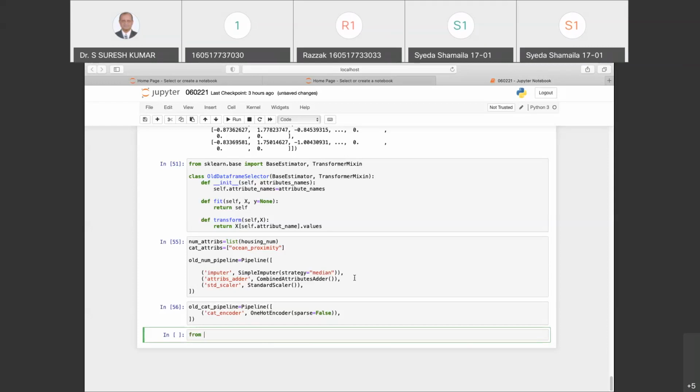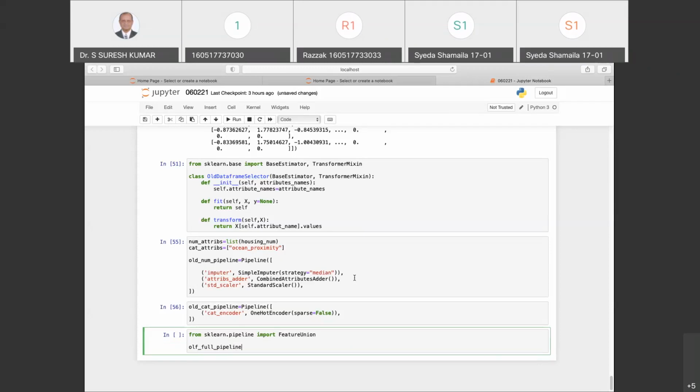I would say from sklearn dot pipeline, I will import my feature union, and I would define my full pipeline as old full pipeline, which will be nothing but my feature union of this transformer underscore list, which will be the list of my numerical pipeline, which is nothing but my old numerical pipeline.